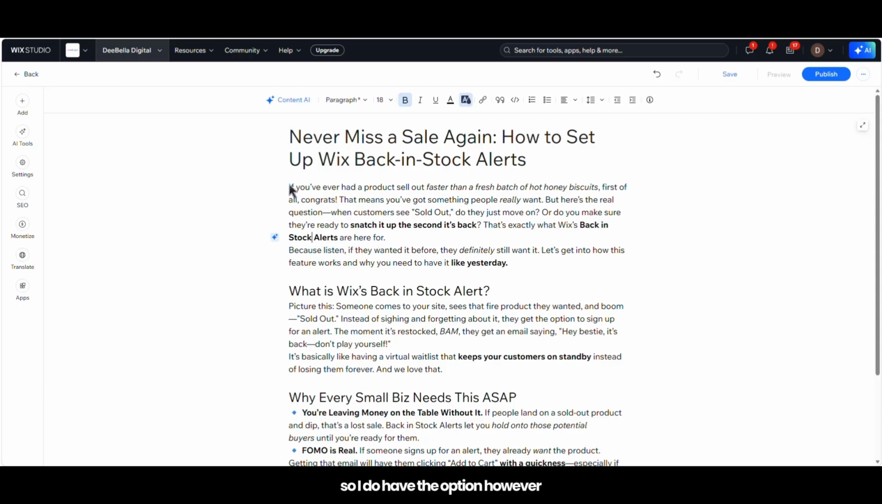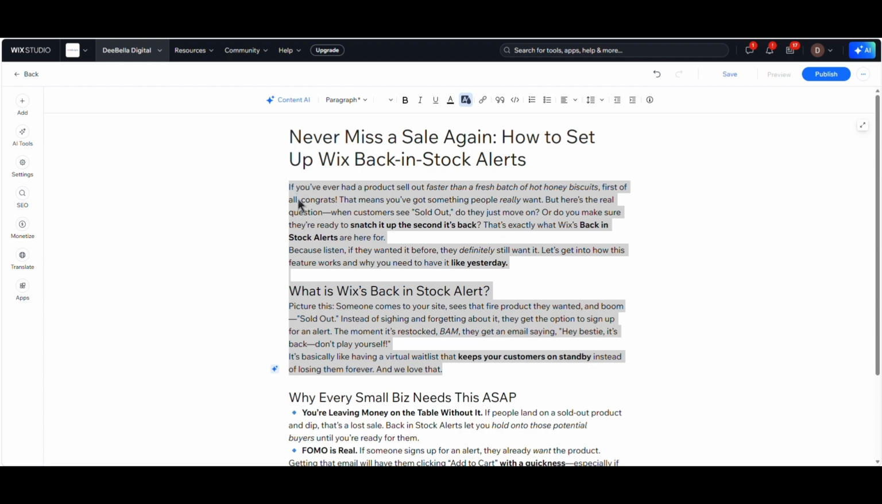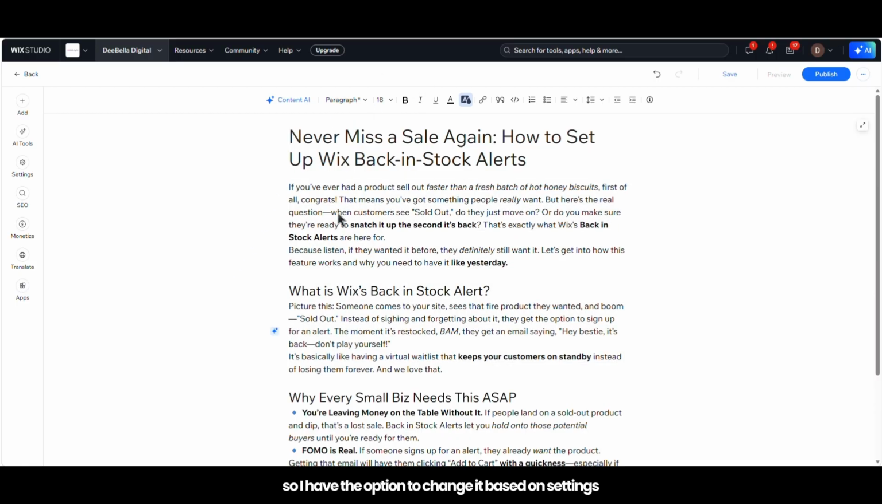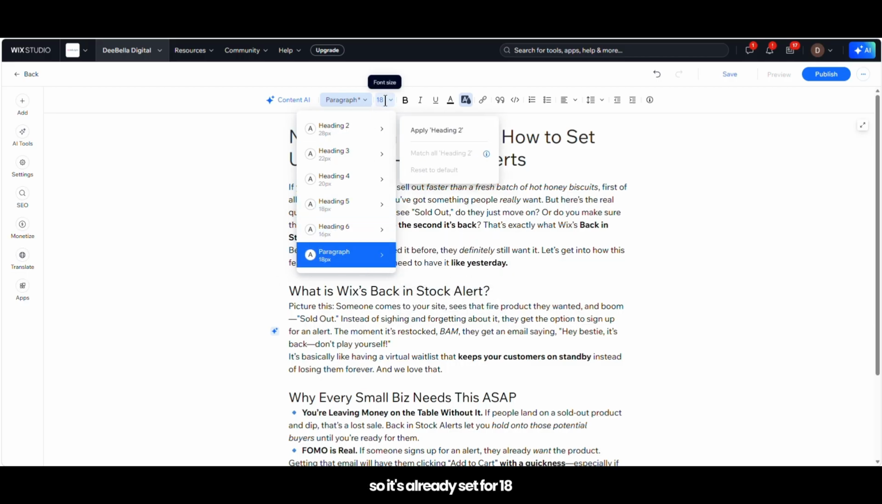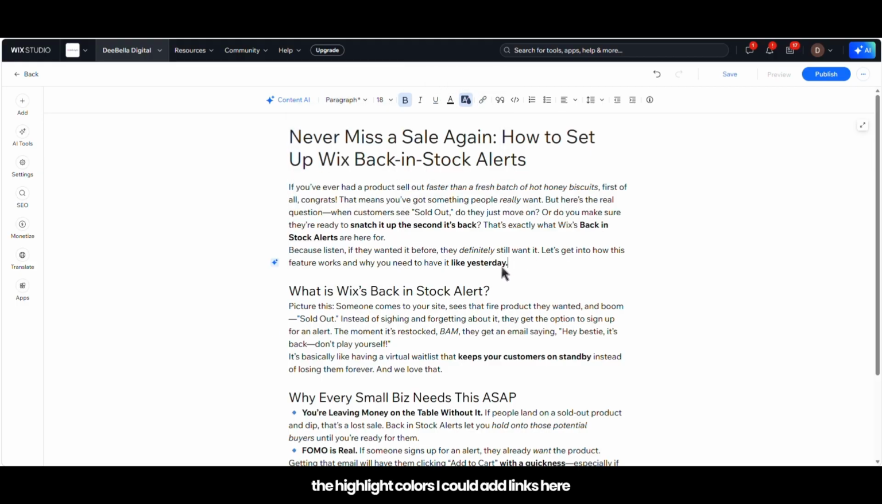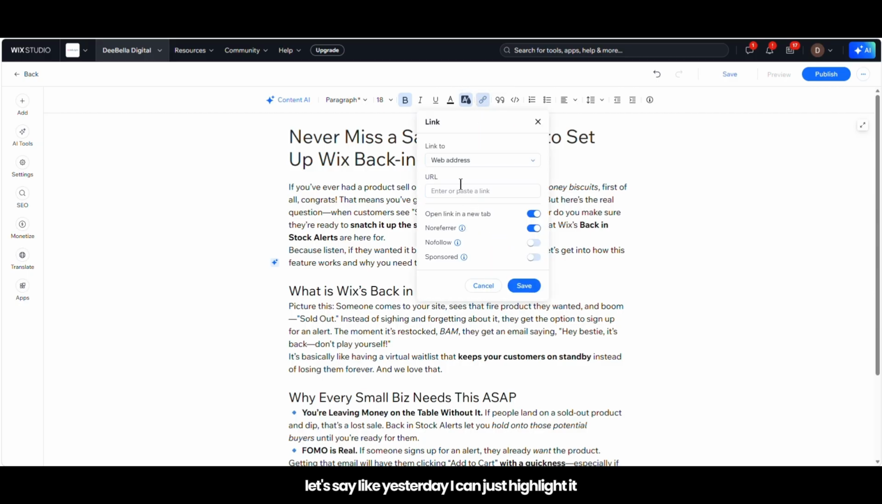So I do have the option, however, to edit what my actual blog post, how that's going to be formatted from here. So I have the option to change it based on settings I already have saved for my heading and paragraph. So it's already set for 18. I could change the font size, the boldness, the highlight colors. I could add links here. Let's say like yesterday, I can just highlight it, add a link,